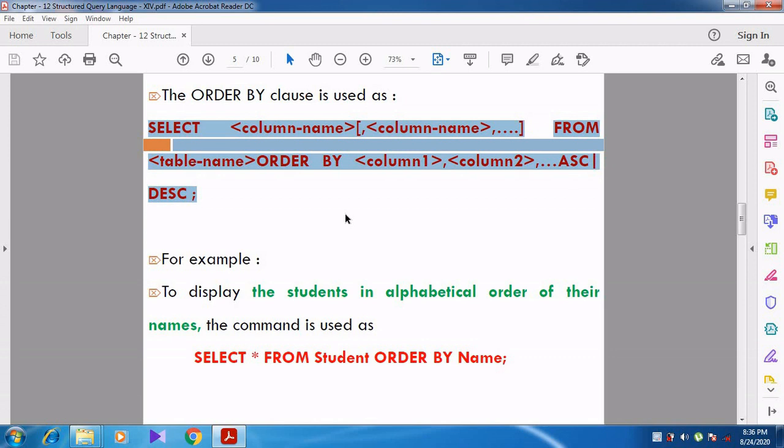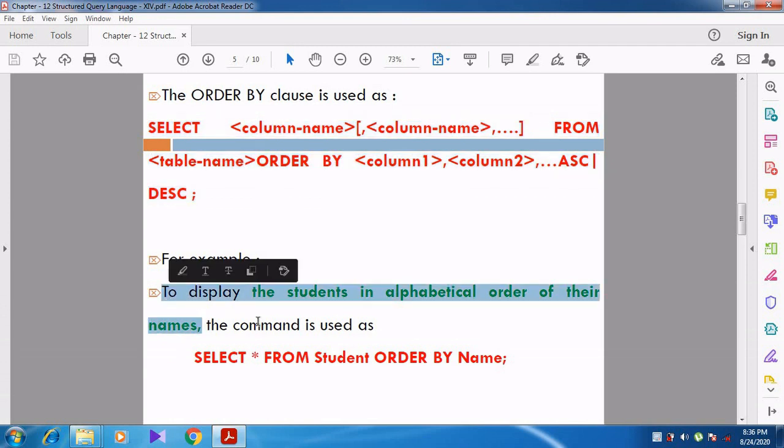ORDER BY the column name, and then you can specify ascending or descending order. Ascending order means ASC, descending order means DESC. Can you understand, students?